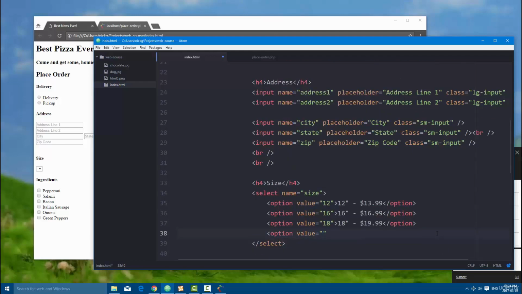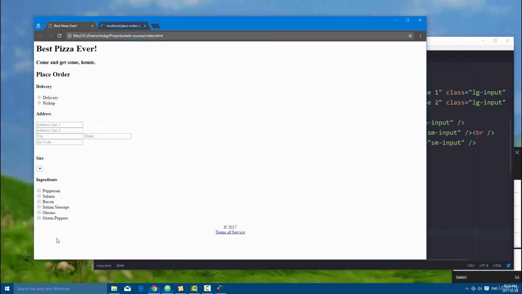And this is going to be 72 inches. And the price for that's going to be $149.99. All right, so with our select box created and 4 options within it, I'm going to save this and refresh,